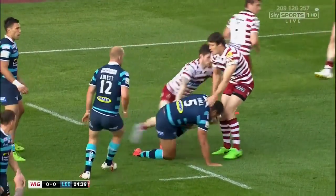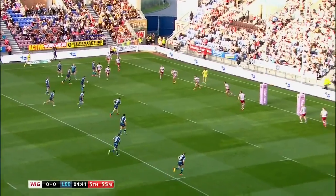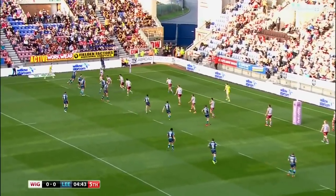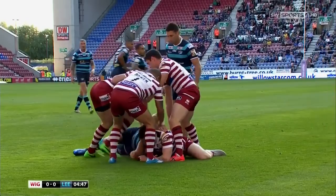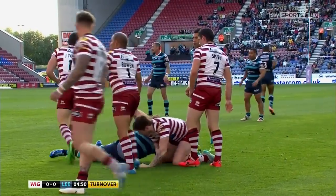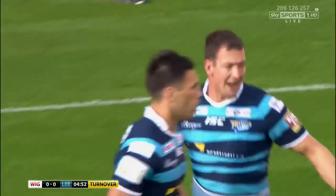Thought about the offload to Watkins. Matty Smith was stood in the way. Last tackle here for the Rhinos. Maguire running it. Maguire is trapped in possession. That'll be the turnover. Well, it's one thing to keep this ball alive, and that's what Leeds are doing, but